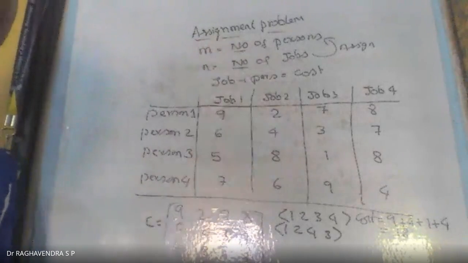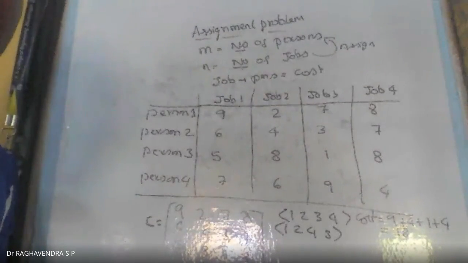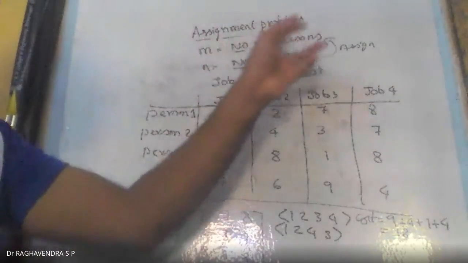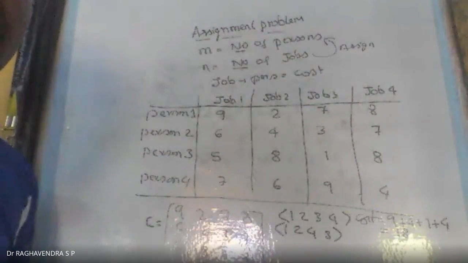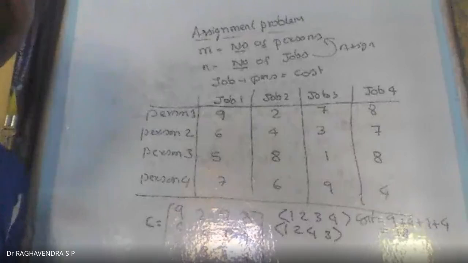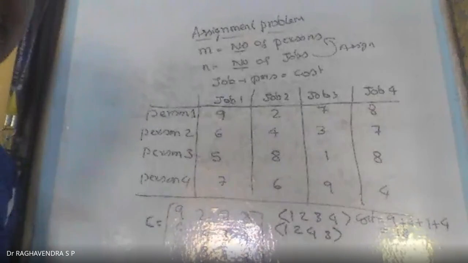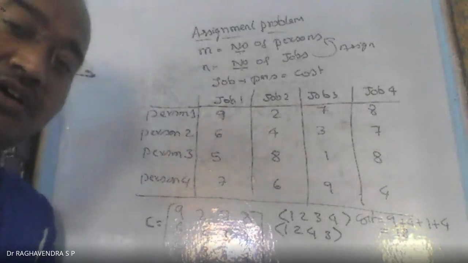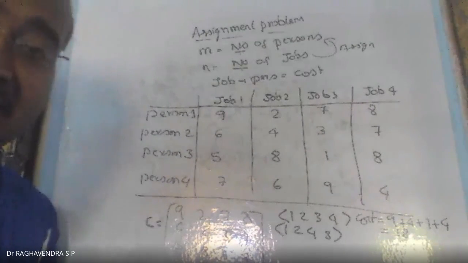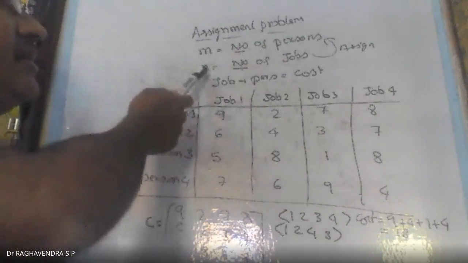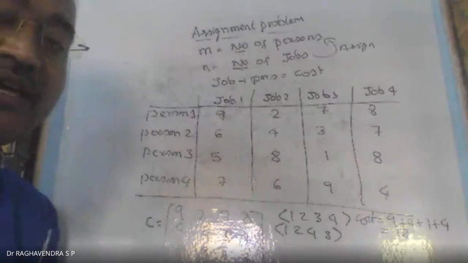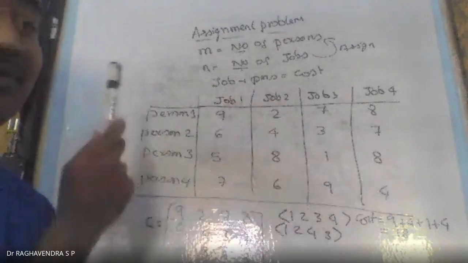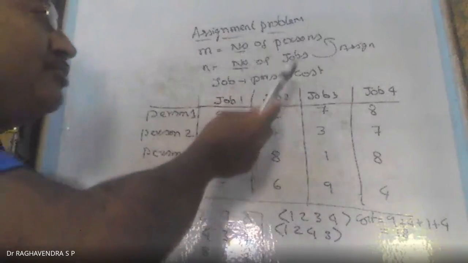n number of jobs to m number of persons is such a way that the total cost will always be minimum. So you have to always reduce the cost of assigning the n number of jobs to m number of persons. Okay. So now if you consider this table, you have job 1, job 2, job 3 and